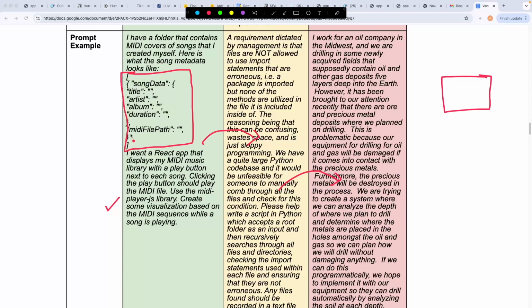This person says that he has some audio file paths. MIDI file path is basically the audio file path here. And all this person wants to do is to create a React website where each and every song is listed and there's a play button right next to that song. And once the user clicks on the play button, the song is played. That's it. That's how simple the prompt is. So in this case, the knowledge that is required is, of course, not that high. Everything that the model needs to know is already specified,